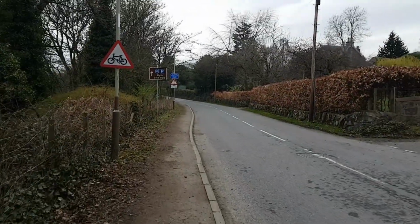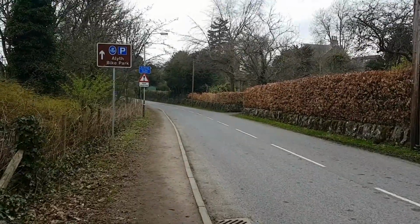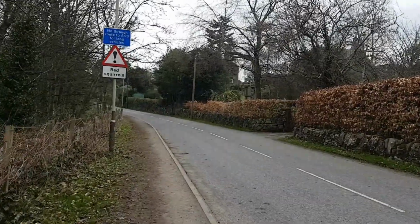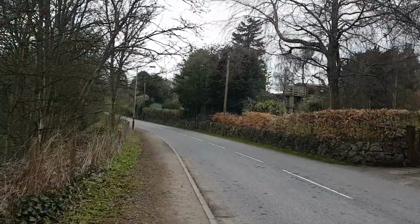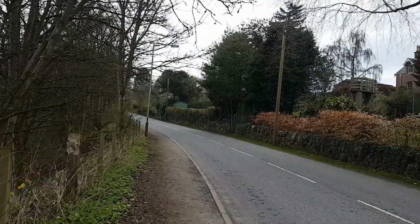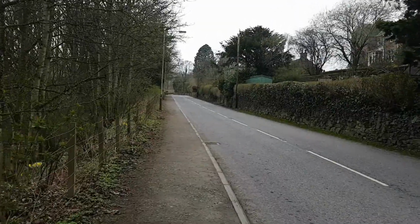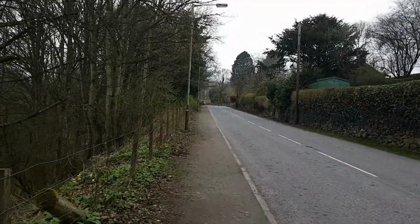So I'm leaving Alyth with a feeling of disappointment. Maybe, probably, because of Sunday, nothing is open. Thank God for the Co-op shop, so I could buy some very delicious donuts and cold coffee. Not exactly what I was looking for, but if you can't get what you like, you like what you can get. With full belly, full bottle of water, ready to go. Last stretch,